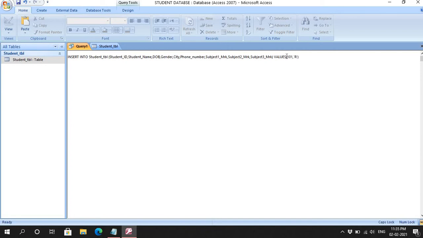So for student name, its data type is character, so I put the double quote, then close the double quote. Then we are going to insert the values for the date of birth column, so put a comma, then write the